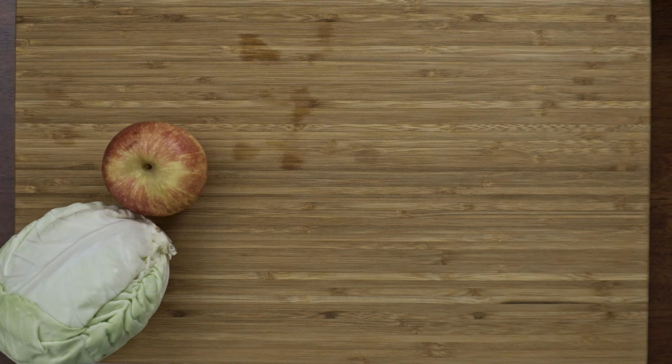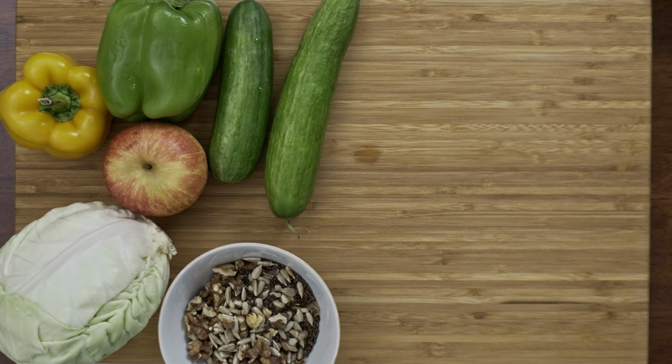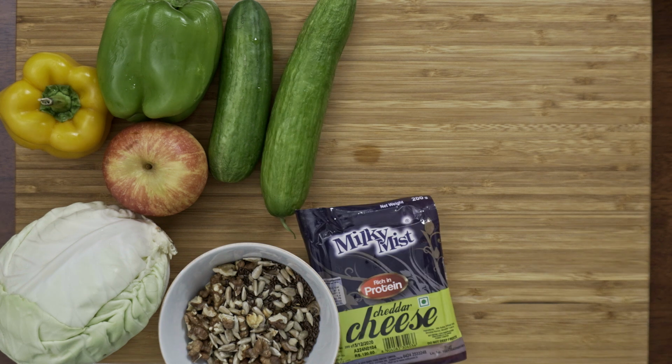And that got me thinking, how often do we really have all of these ingredients lying around at home? Well, more often than not, we usually do a quick rummage in our pantry, and we actually found quite a lot of ingredients that matched up all of these requirements. We had cabbage for the base. For something crunchy, we had apples, yellow and green bell peppers, cucumbers, sunflower seeds, walnuts, and flax seeds. We also had cheese for something soft, and for something unexpected,